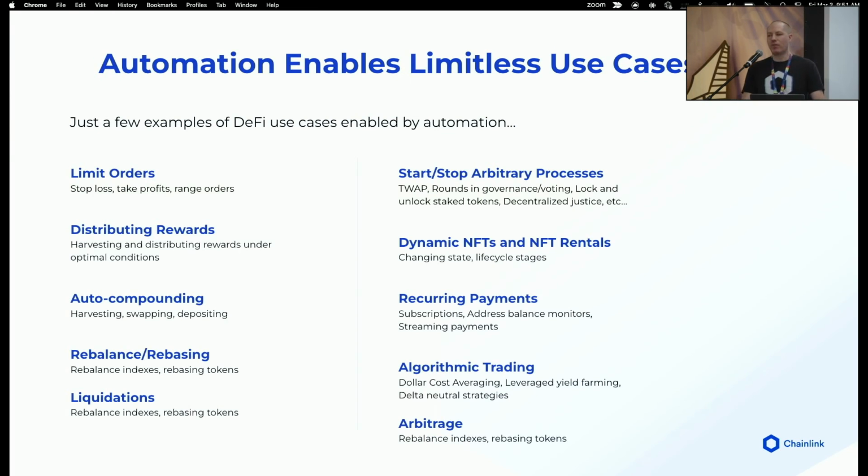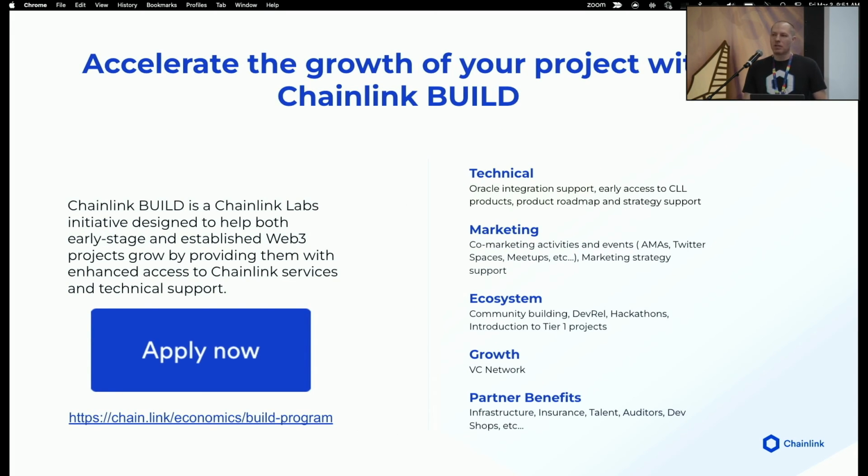All right, these are just four or five different use cases for automation in DeFi. There are countless others. I only talked about DeFi today, but you can do automation with gaming, like renting NFTs and automatically pulling your NFTs back after the rental is over, distributing rewards, vesting, locking and unlocking, or rebalancing index or rebase tokens. They're really endless use cases. So all of these projects have at least one thing in common, which is they use automation. Smart contracts can basically wake themselves up based on the conditions that a developer has programmed in the trigger conditions.